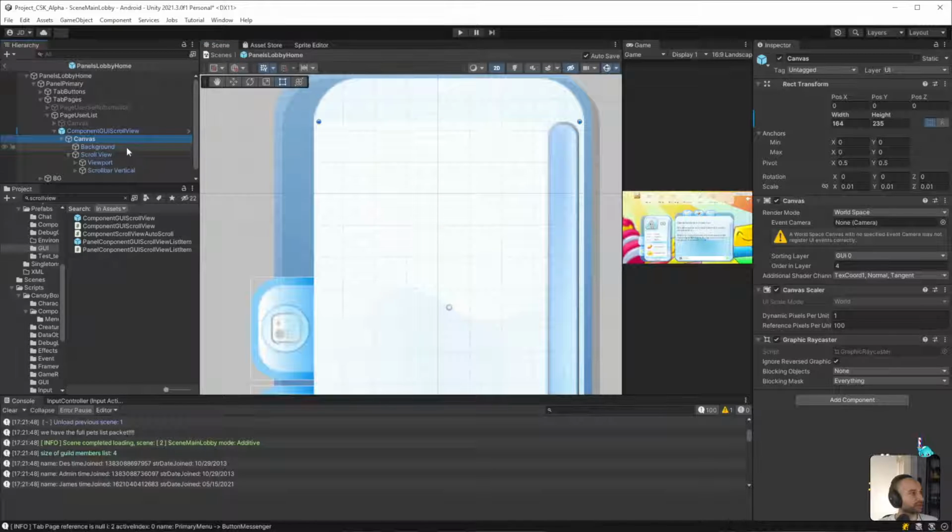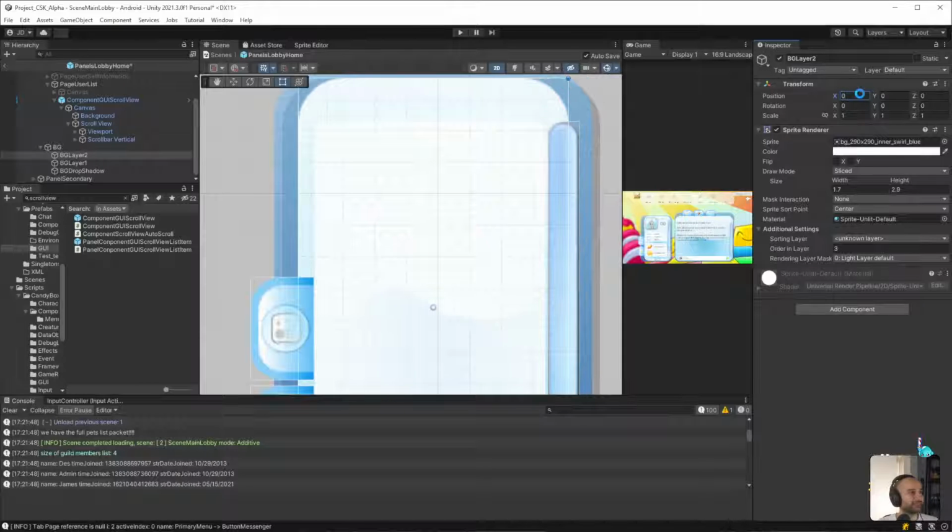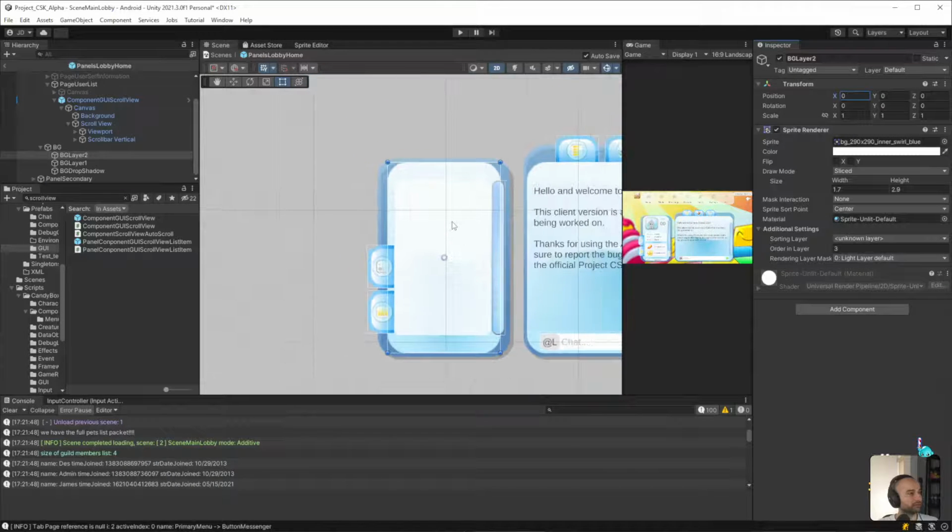It's likely from the... where's that background? Here. There we go. So this background, I think, is there. It is. That's what's causing that. So if we set this correctly, oh. So that was wrong this whole time and I didn't even notice it.